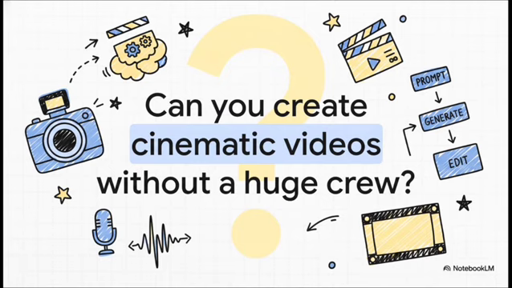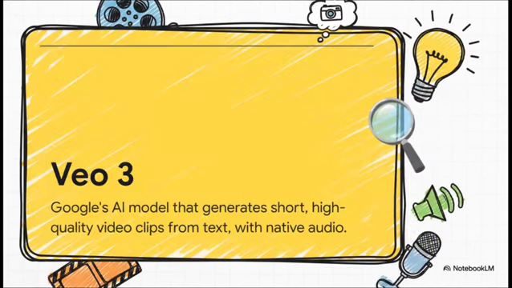Let's just kick things off with a huge question. What if you could whip up professional, truly cinematic video content just by typing? No huge crew, no blowing your budget on location shoots. Is that even a real thing? Well, that's pretty much the promise of VEO3. This is where it comes into the picture. It's Google's new AI model, and it's really designed to be like your creative co-pilot for making videos. Think of it like having this infinite library of scenes, B-roll, animations, whatever you need, and it's all right there